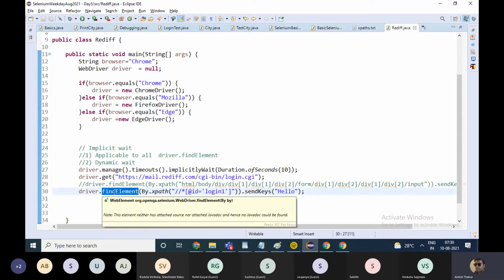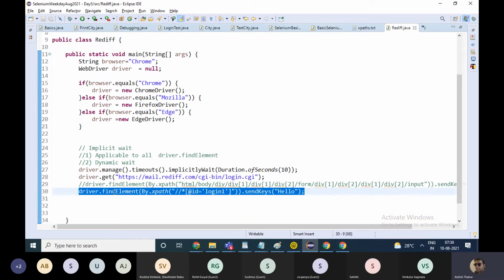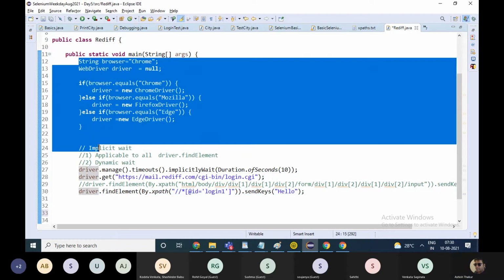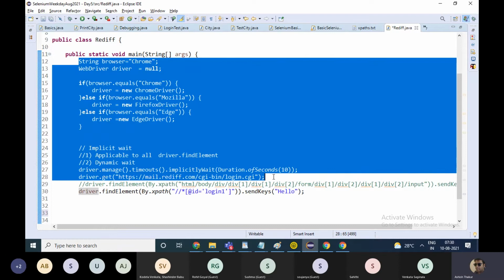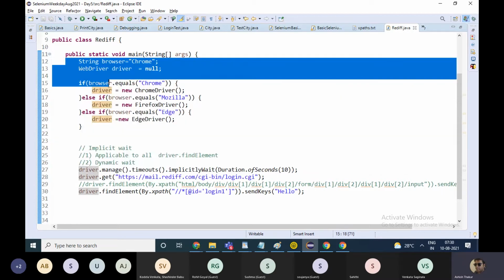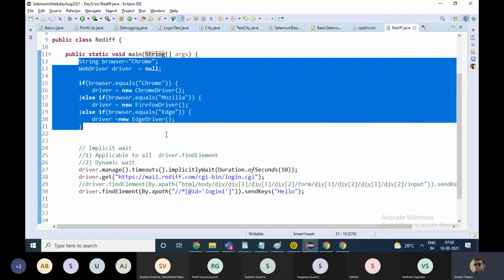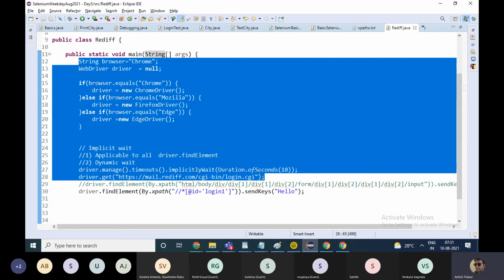Okay, now this is done. All right. After this, there is one thing which I need to tell you, which is the concept of inheritance in Java. Okay, look, this is the code which I'm copy pasting in every particular file, which is to launch the dynamic browser. We had seen this in the third class. So instead of copy pasting it in every class, I'll tell you how we can reuse it.